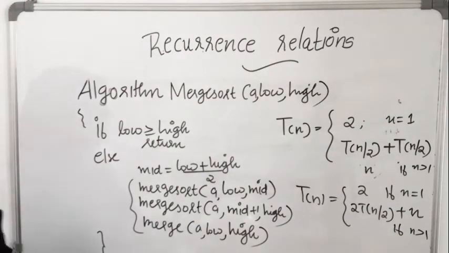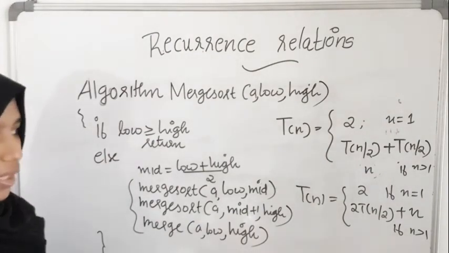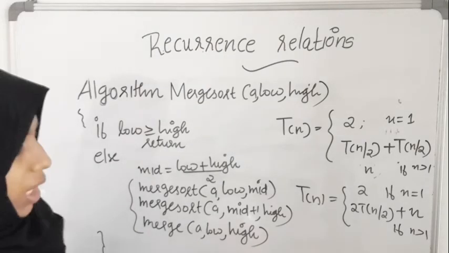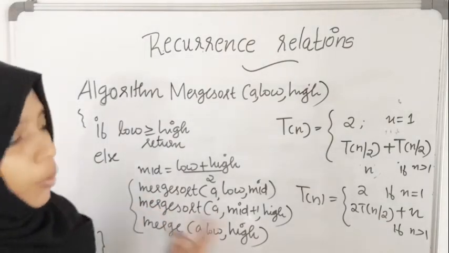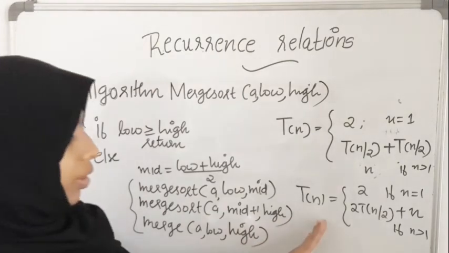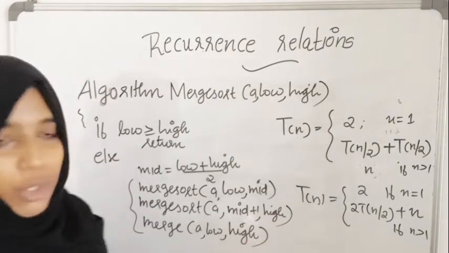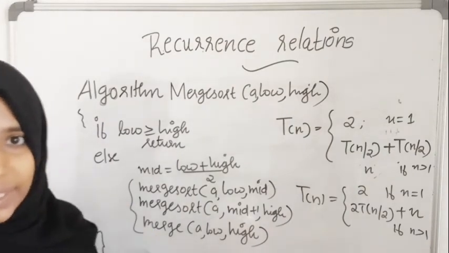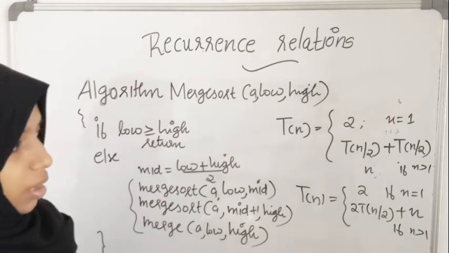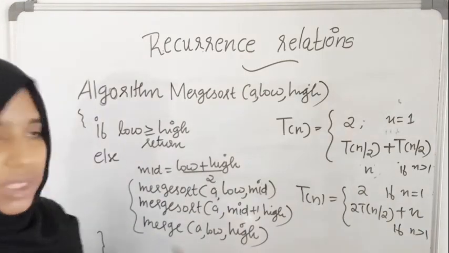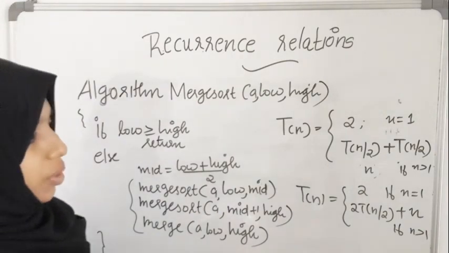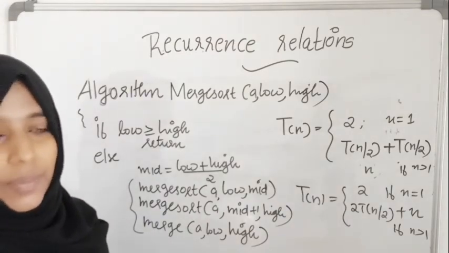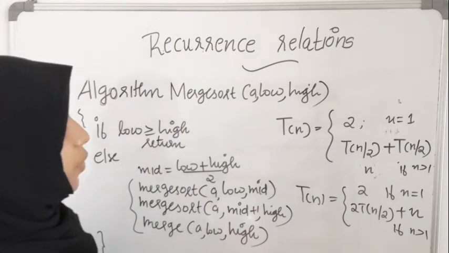So hope you understood what exactly is the recurrence relation. This is actually a relation which helps you to find out the complexity of an algorithm. Now, having obtained this recurrence relation, you have to solve the recurrence relation. For that, we have methods like iterative approach, then recursion tree method, Master's theorem and all. So, all these methods are really easy and we will see them in the coming videos. Hope you understood the concept of recurrence relations.